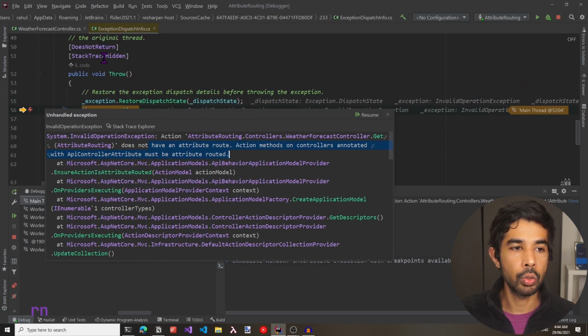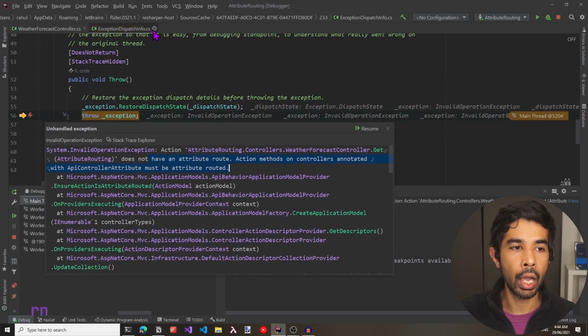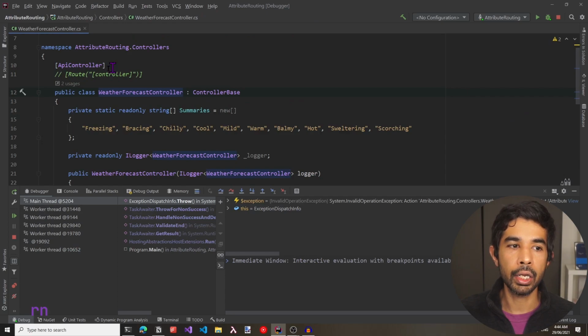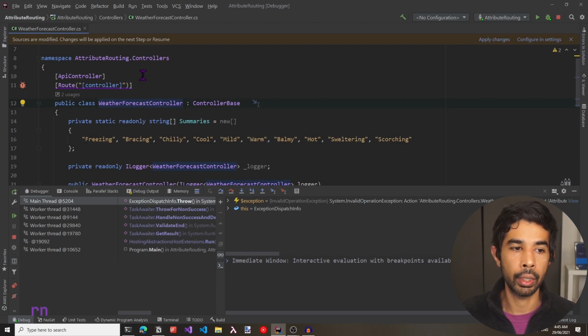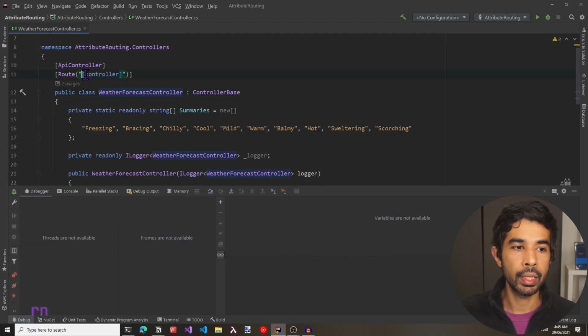So the moment we use this particular attribute on our controller classes, we'll need to start using this Route attribute to mention the routes, which is the entry point for attribute-based routing. So let's uncomment this code and start exploring more about attribute routing. Before we understand more about these square brackets that are there by default in the template, let's remove this and start using a much simpler pattern.